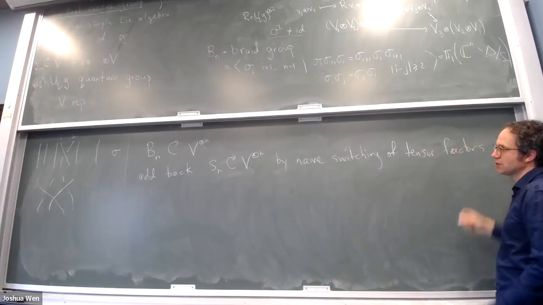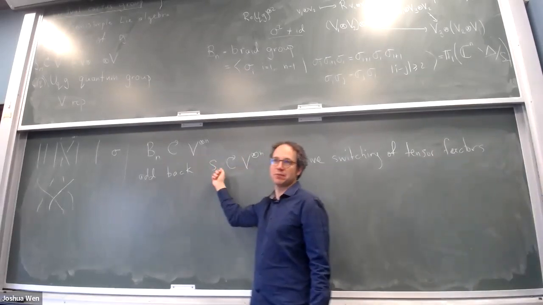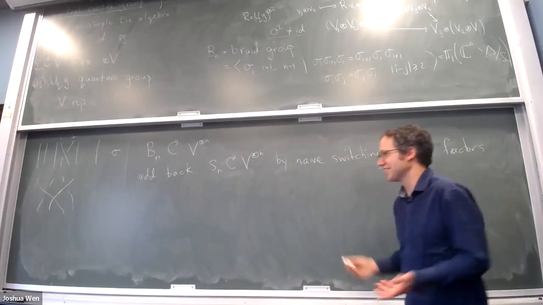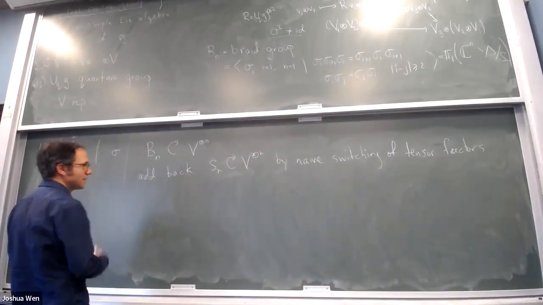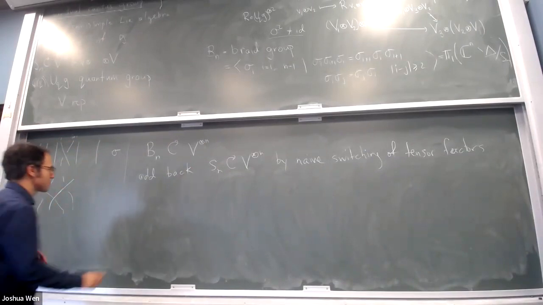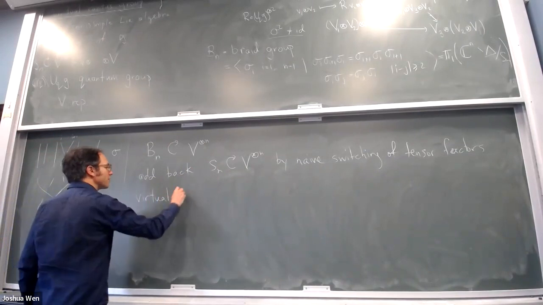So you'll lose this. This was nice because it commuted with the G action. This one will not commute with the G action, but you can still consider its action. And together, these two lead to an action of a group called the virtual braid group. So the virtual braid group